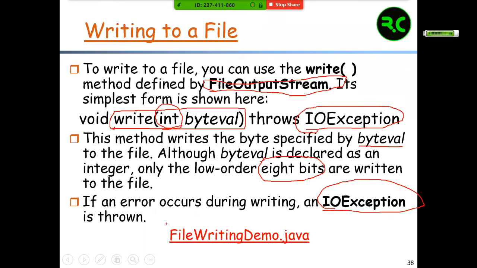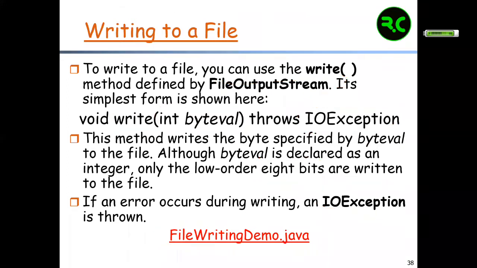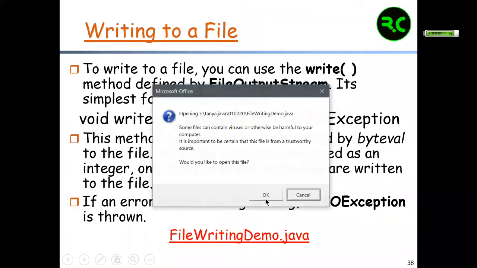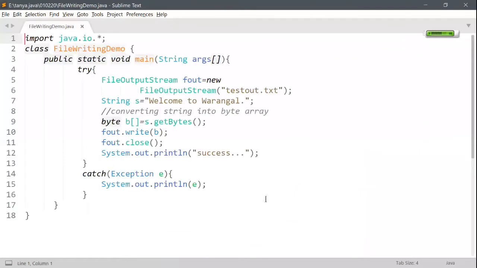Here we have an example, a file writing demo, in which we are going to check how the write method works in our program. Let us check out the program here. I'm opening the program. Here I have taken the file output stream and created an object for it, which includes a string value called testout.txt, and in which I'm going to write a string